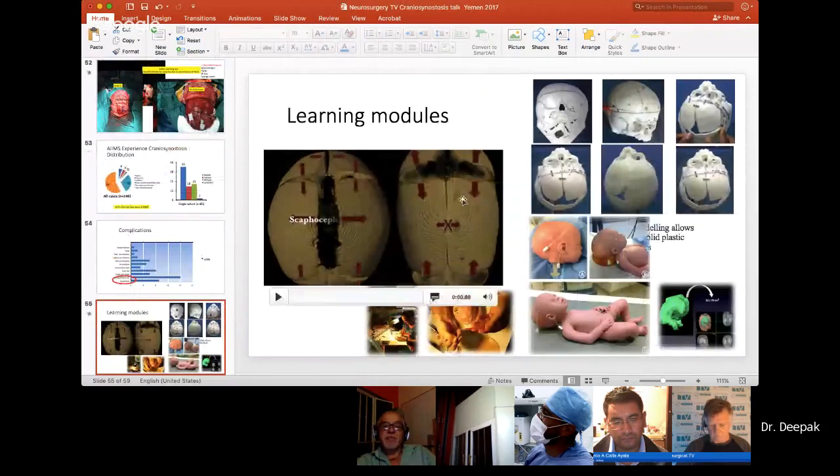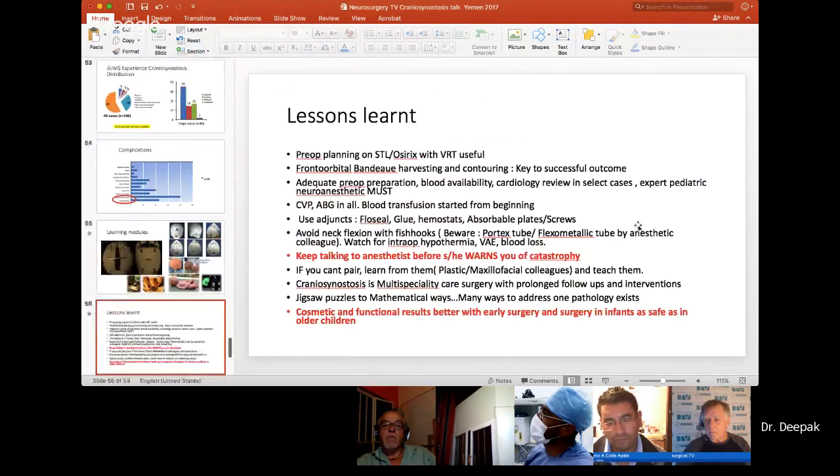And of course, there are a lot of training modules. I do the training of my residents and my fellows on 3D STL models. You can make these models. These are polygalactin PG and PLA models which can be made before the surgery, and you can practice